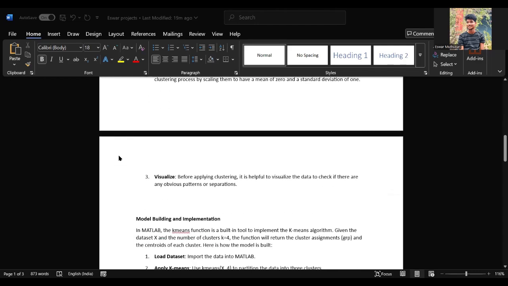The third one is to visualize. Before applying this clustering, it is helpful to visualize the data to check if there are any obvious patterns or separations. The next one is model building and implementation. We are implementing this model in MATLAB. In MATLAB, the kmeans function is a built-in tool to implement the k-means algorithm. Given the dataset X and the number of clusters k equals 4,